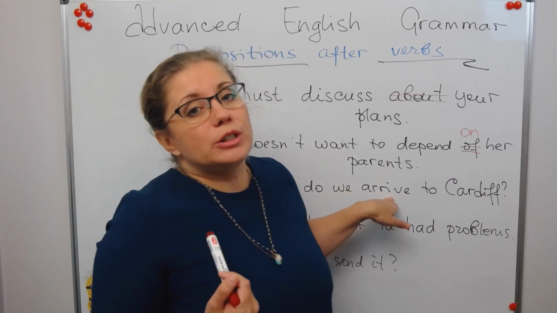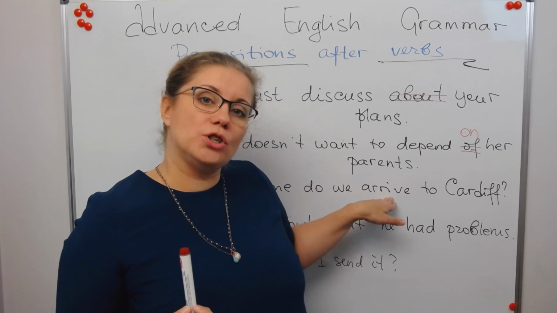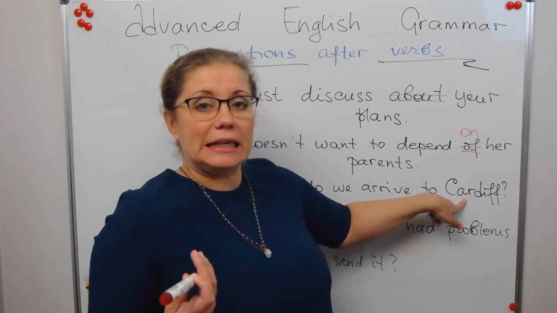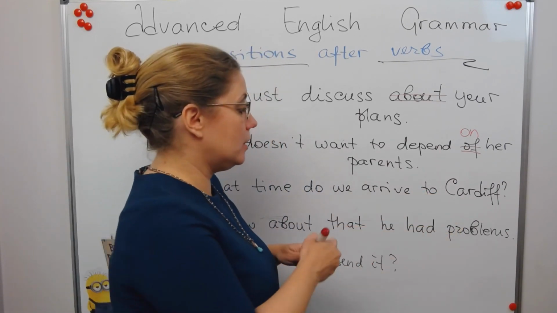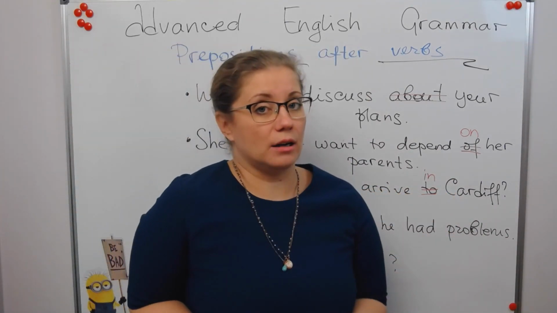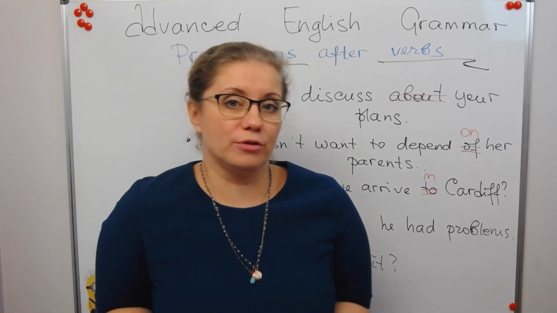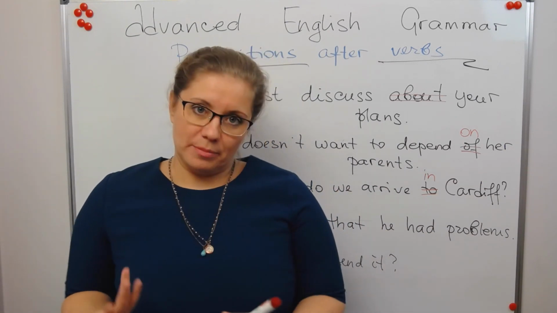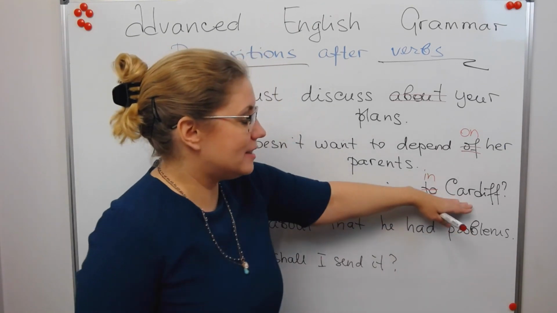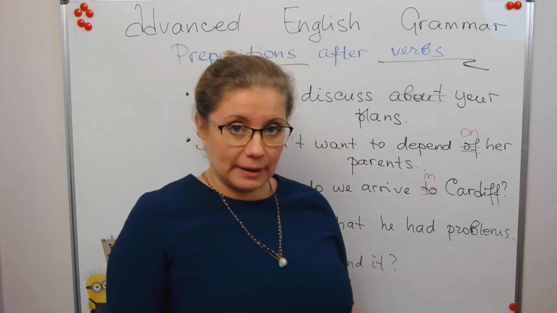Arrive is not a typical verb of movement. It uses other prepositions after itself. If you are talking about arriving in a city or in a country, you need to say "in." What time do we arrive in Cardiff? And this doesn't make any sense because with all other verbs of movement, you will be using the preposition "to." And what's more confusing, I emphasize that, city or country. What time do we arrive in England? Well, we don't normally say it, but okay.